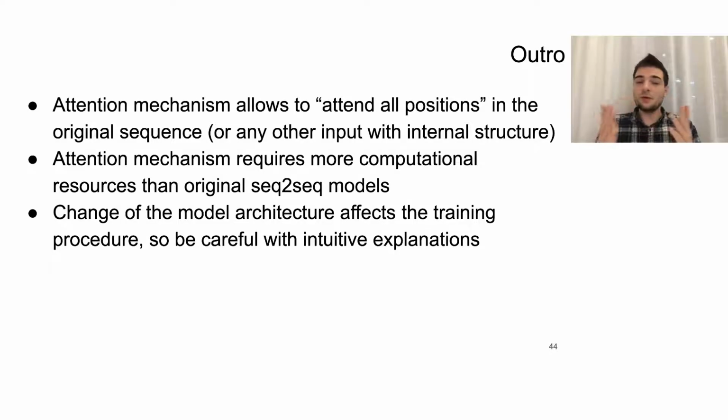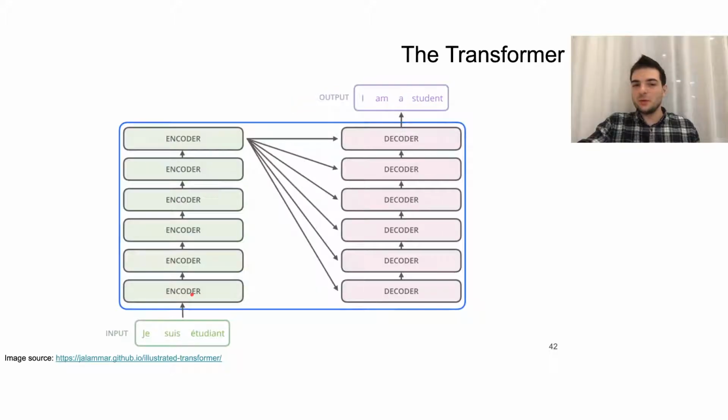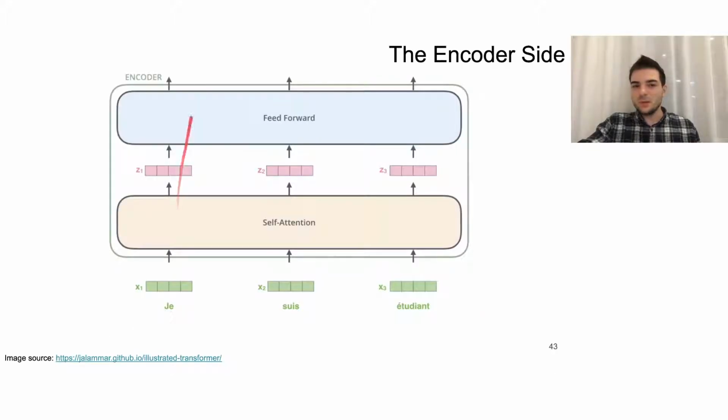Okay, so here is the brief outro. Attention allows us to attend to all the positions. Self-attention allows us to do that even within one sentence, ignoring all the decoders, encoders, and so on. I guess you right now can already understand what we can do with only an encoder. For example, we take only the encoder. We have some kind of vectors on the output, and let's say we just want to solve some classification problem. So no decoder is needed.